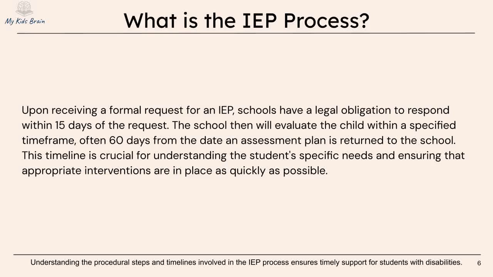So what happens after you make the request to have a student evaluated to determine whether they require an IEP or not? Once you have formally requested the IEP, the school then has 15 days to respond to this request. They will in most cases honor the request and move forward with evaluating the student. However, in some cases, they may make recommendations, such as trying interventions within the general education setting first. However, it is your right as a parent to request that the school proceed with testing. Just keep in mind that they may be ineligible if an insufficient amount of interventions have been applied and exclusionary factors such as poor attendance are present. On the next slide, you will see a visual depiction to better understand the IEP process.